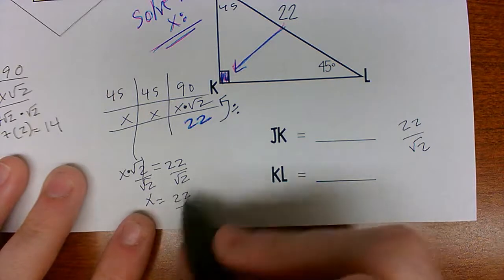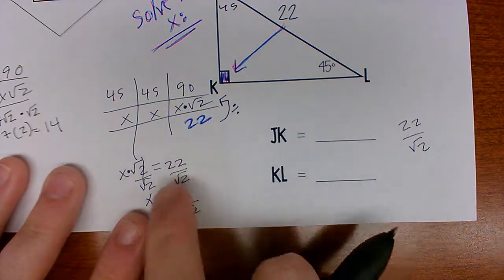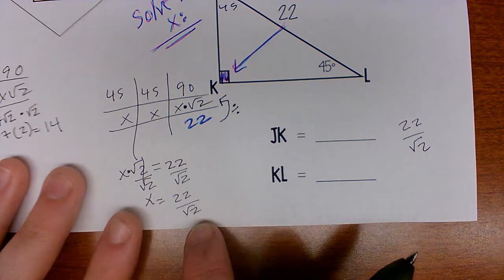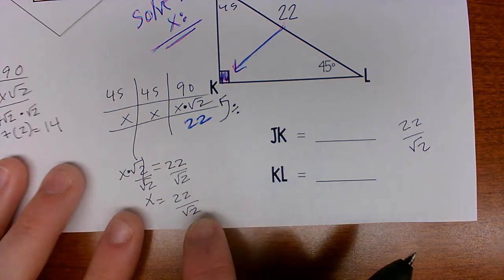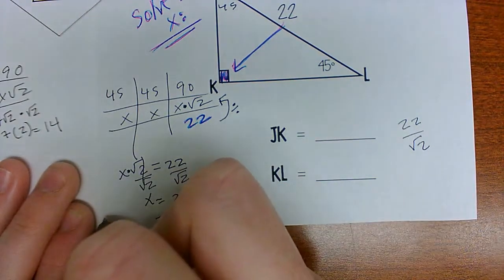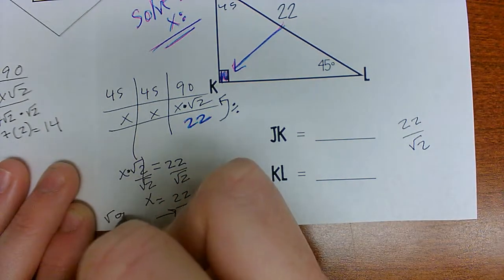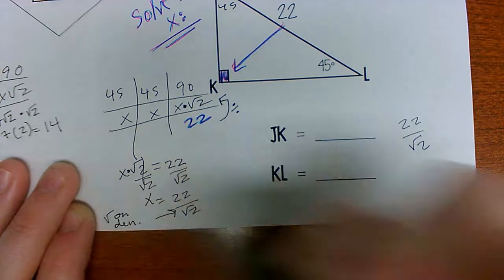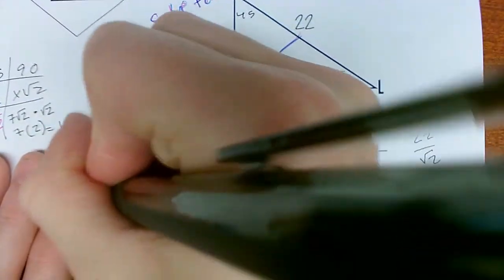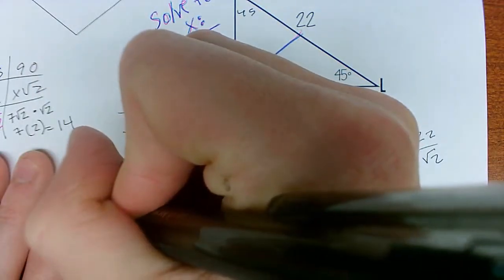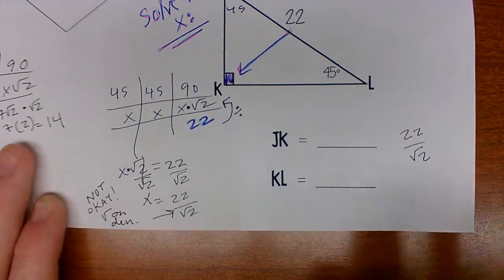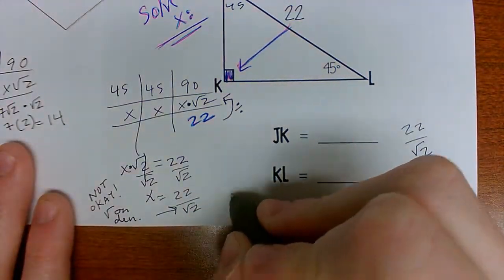So this is as simplified as I can get it. These are not like terms, so I can't make it 11 over 1 or anything like that. But the reason this is not okay is because we have a radical or a square root on the denominator, which is not okay. Okay, so this is where we have to rationalize,